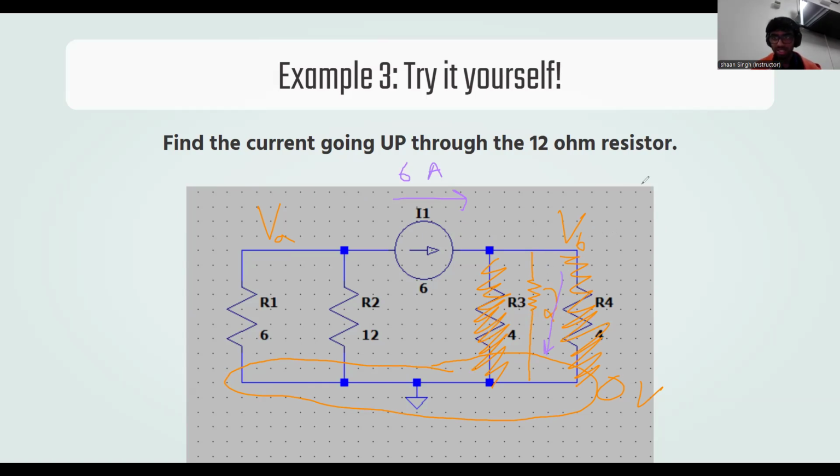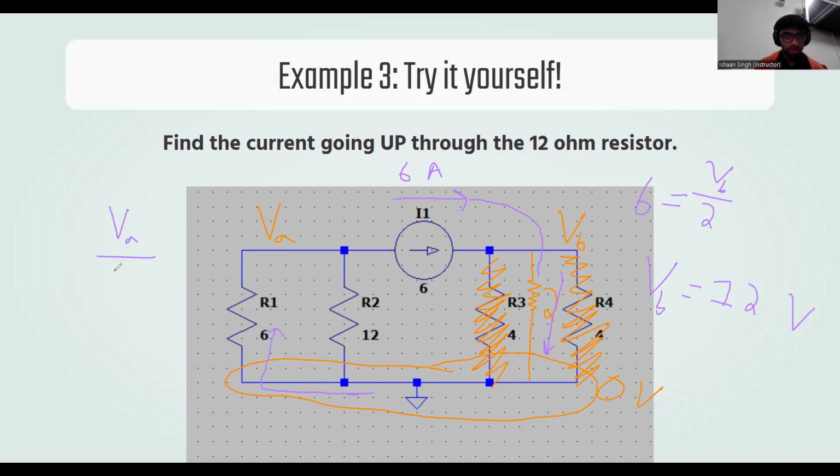But there's only 6 amps going into that node right there. So actually, 6 equals VB over 2, right? There's 6 amps of current going in, and that's the only place those 6 amps can go, down that resistor. So that means VB is 12 volts. If VB is 12 volts and there's 6 amps going down here, we also know there's 6 amps going up here. And so VA